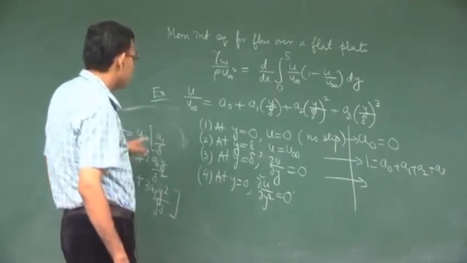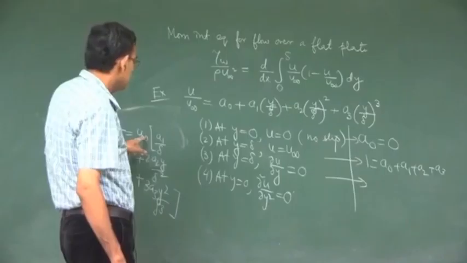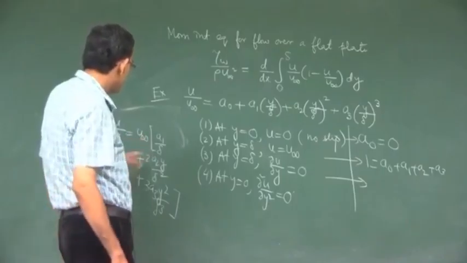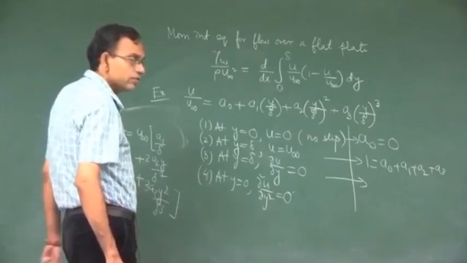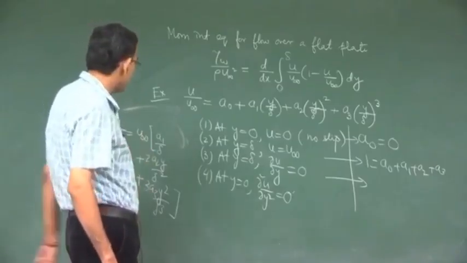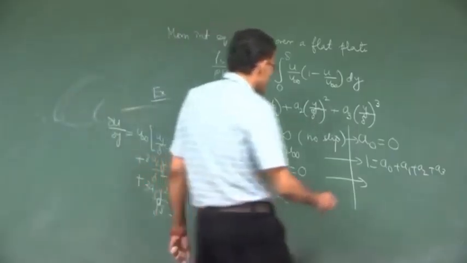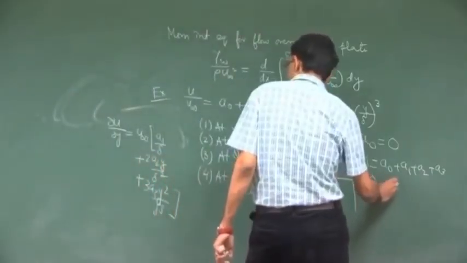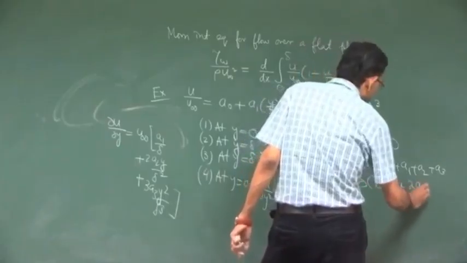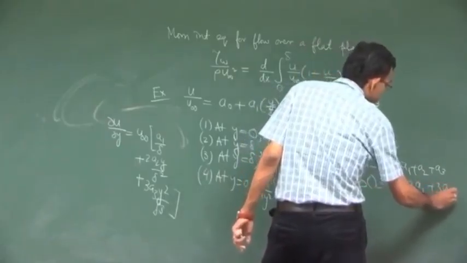So, at y is equal to delta, del u del y is equal to 0, right. So, if del u del y is equal to 0, that means you will get 0 is equal to A1 plus 2A2 plus 3A3,